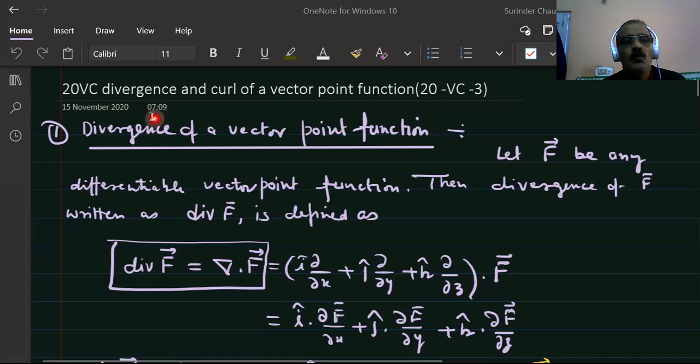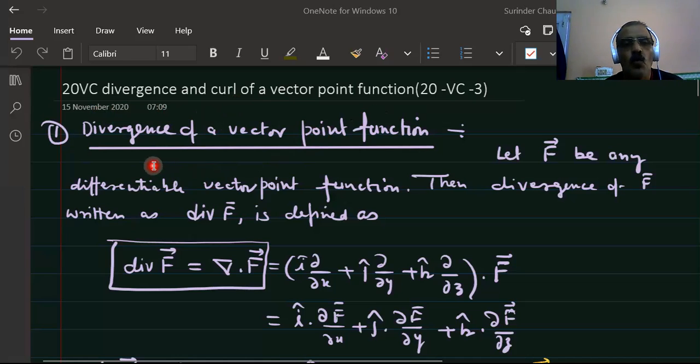In this lecture, we'll discuss divergence of a vector point function and curl of a vector point function. In the previous two lectures, we have discussed gradient of a scalar point function and solved problems based on that. Now,